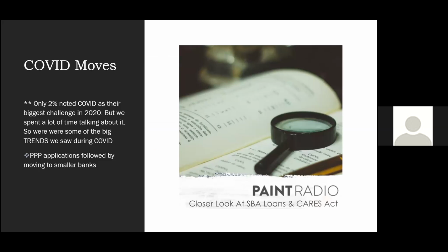But we did have 2% of people who said that COVID was their biggest challenge of the year, and we did cover this a ton during March and April when we were navigating a new business world in which some contractors were shut down, some were open, some were essential services, some were not. Some of the biggest questions that we got and some of the biggest topics that we covered during that time,